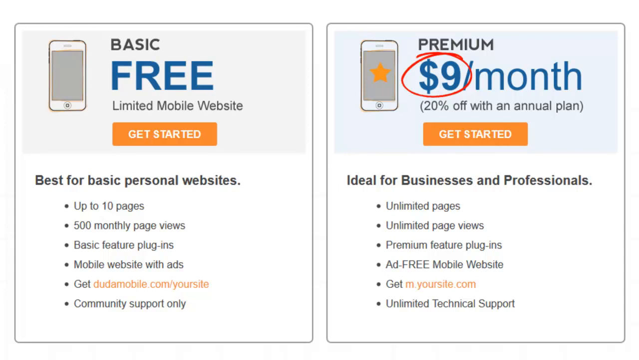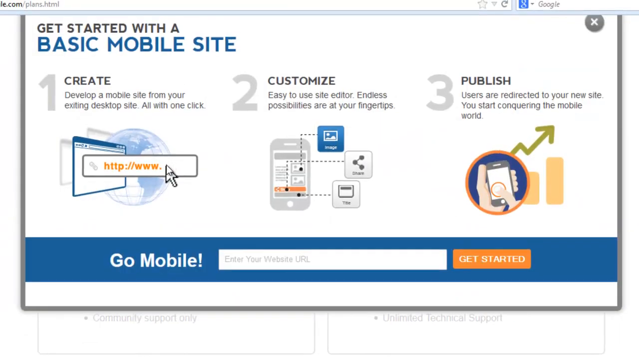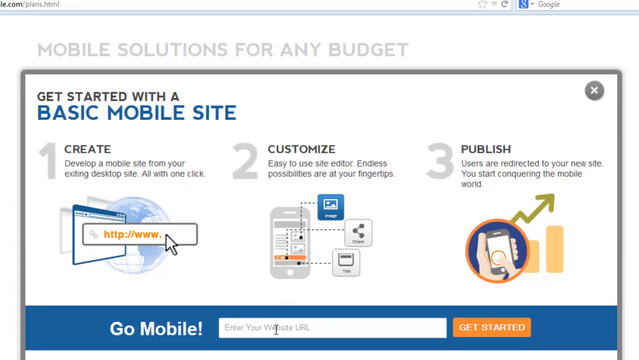If you're using WordPress, there's the WP Touch plugin. We have a tutorial for that. You can look it up in the list of videos that we have. So right now, I'm just going to click get started with free mobile website. We're going to create